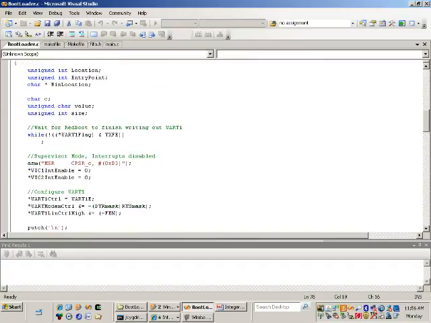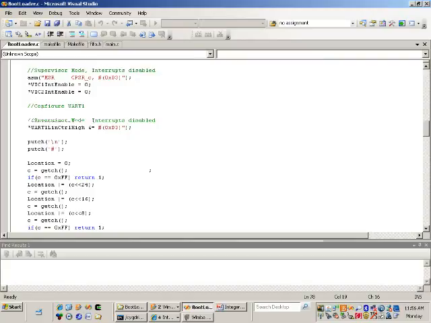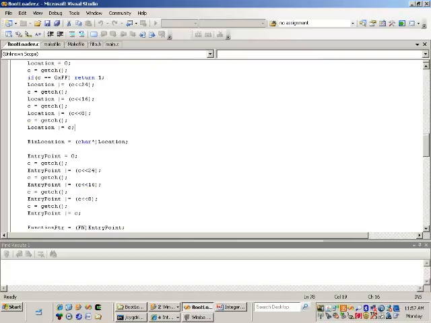Okay. So what this bootloader does, it does some serial port configuration up here, puts this into supervisor mode, then we putch a \n, then we putch a pound. That's a character that's sent up to the host to say, I'm ready to receive a program. Okay, after the putch,